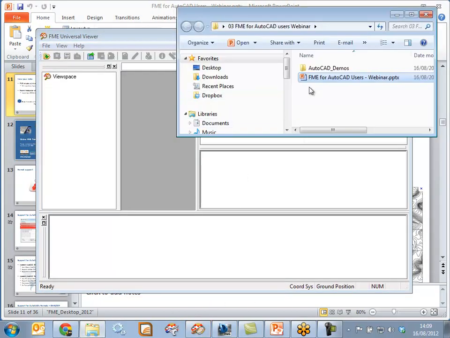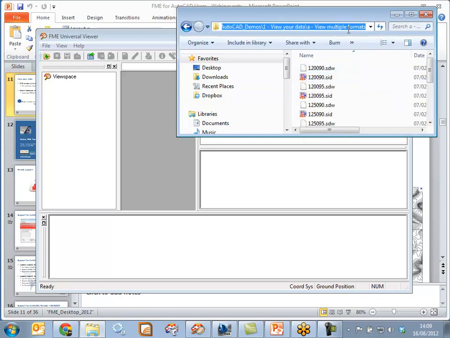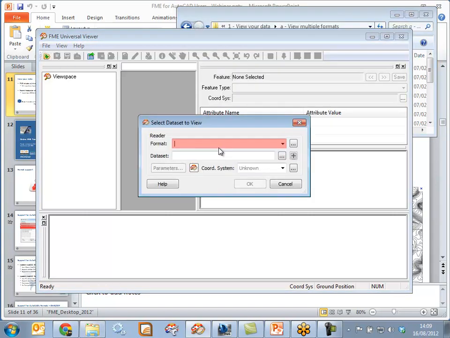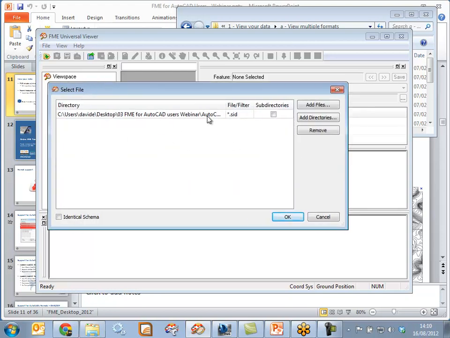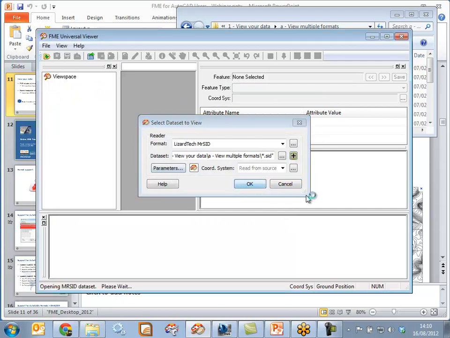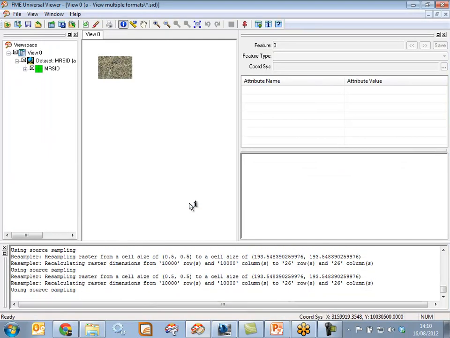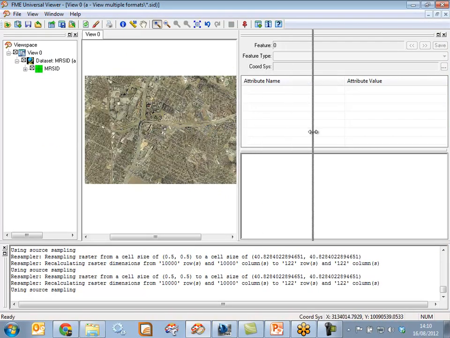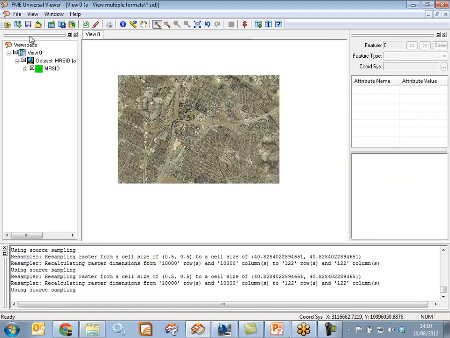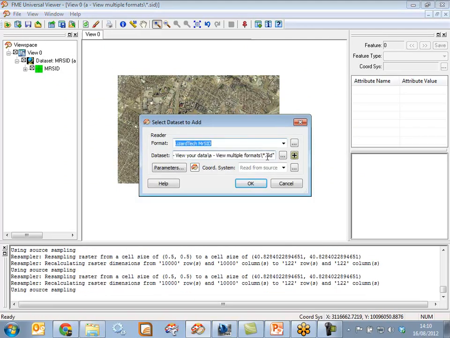So if we fire up the Universal Viewer to begin with, we'll just go and open up some simple data. Let me just grab this path, and to begin with, we're just going to open up a MrSID set of aerial imagery, and we've got a number of MrSID files sitting on this path here, which we're going to read in, and it's a set of tiles which gives us a backdrop. So if we just zoom extents, you can see a little bit of aerial imagery, some air photos. MrSID is a highly compressed image format